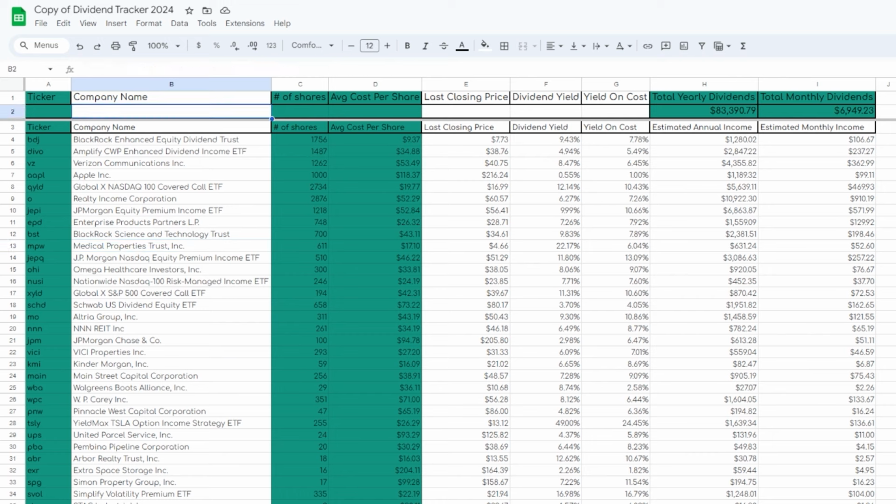Now, to look into the nitty-gritty of my actual portfolio, let me share with you some of my positions. As of right now, I currently have 1,756 shares of the BlackRock Enhanced Equity Dividend Trust, ticker symbol BDJ. I then have around 1,487 shares of DEVO. I then have 1,262 shares of Verizon stock. I have my 1,000 shares of Apple stock that I've held for years now, almost 2,800 shares of QYLD,